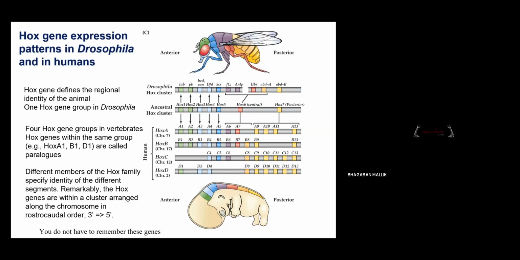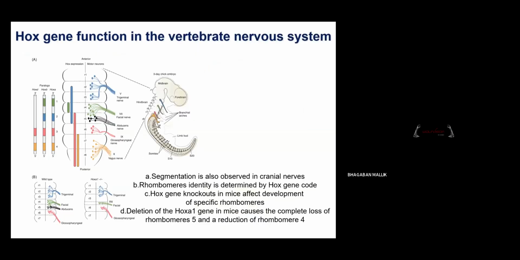Similar to Drosophila, in vertebrates you have four sets of genes, and you don't have to remember these genes. You don't have to remember what genes are required for the segmentation. I have written it in the slide. So you have four sets of gene clusters, Hox genes clusters, like Hox A, Hox B, Hox C, and Hox D. This slide is just to revise that this type of gene is also present in the vertebrate, like I have discussed before. So we'll mostly talk about